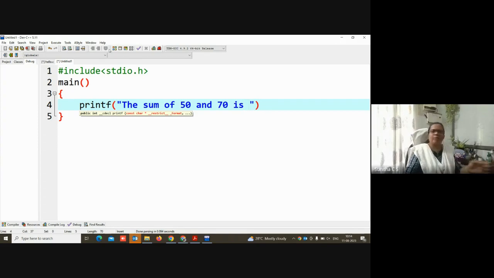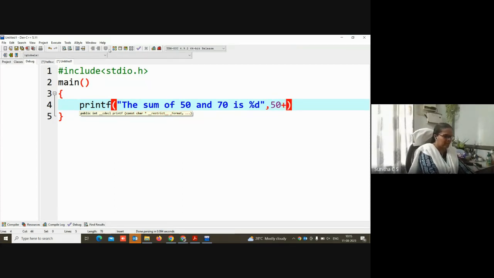So 50 plus 70 will obviously be a number, an integer value. Integer means it's not a decimal point value, it's a whole value. We will see the conversion or formatting characters later, but for the time being, in C, %d is used for printing whole numbers or integers. So I give %d, and outside that, I give 50 plus 70.